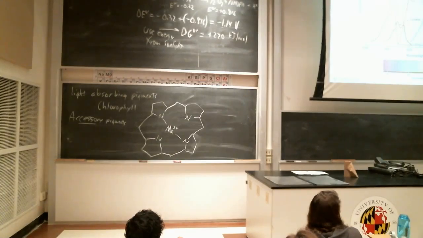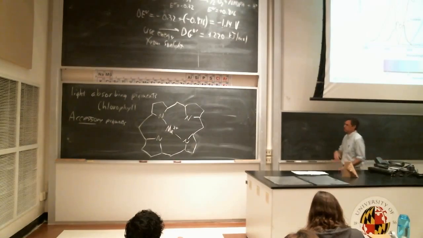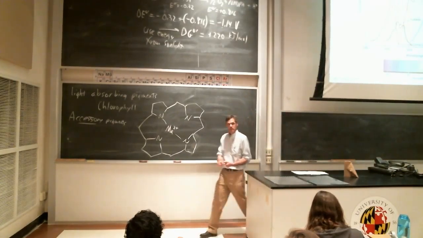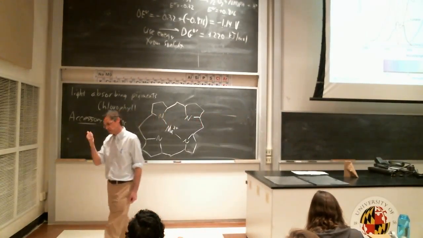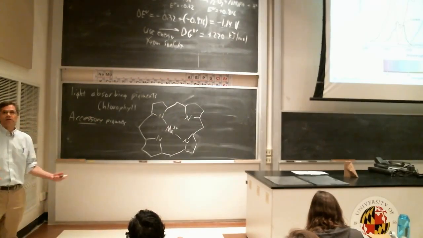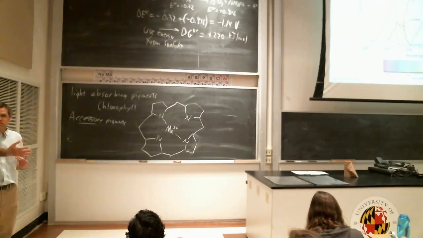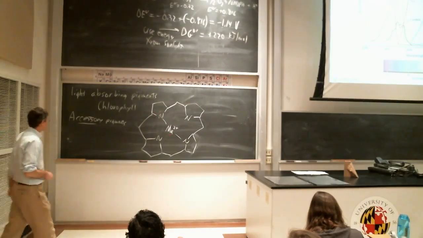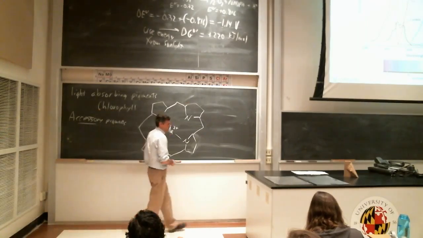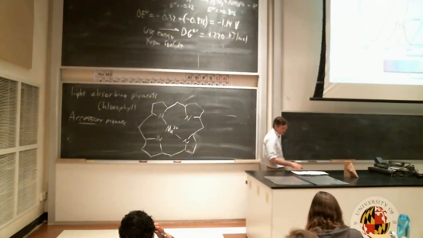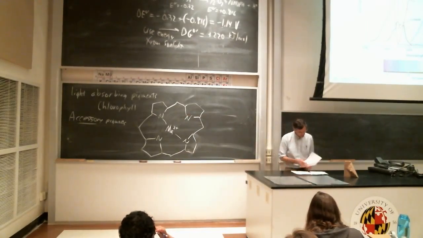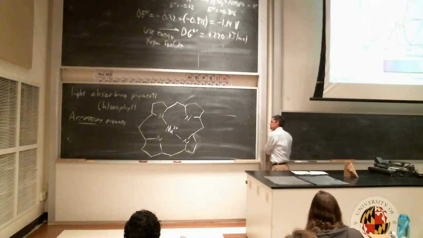Okay, so the point is that plants have these molecules that can absorb light. So chlorophyll is important because it can absorb light. Chlorophyll is also important because there's going to be a single chlorophyll that's going to be able to give up an electron and start the process of getting electrons to NADP. Right? So chlorophyll has that unique role that accessory pigments do not have. All right, so before we get into the details of the process,